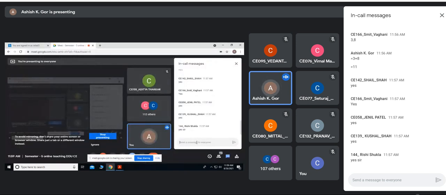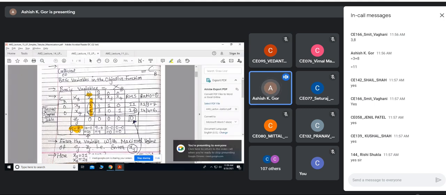Now I want to mention one thing. If you read different books or if you find different literature, there are various ways. All are correct. Okay. So this is one of the ways, and we'll follow this way. If you find some other alternative good way, it will be equivalent to this way. Here I am going to find Cj minus Zj. Sometimes in some books, they find Zj minus Cj. But effectively, the goal is same. The procedure remains same. So Cj minus Zj you do, and you get 10, 9, 0, 0.